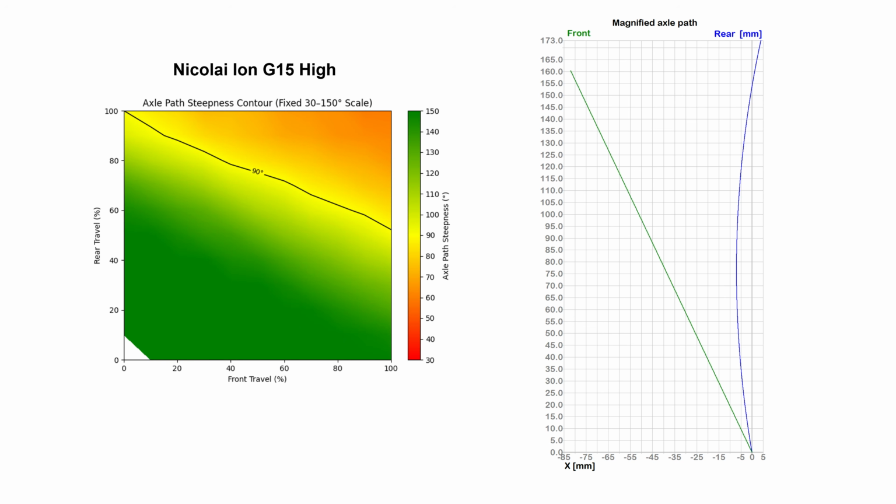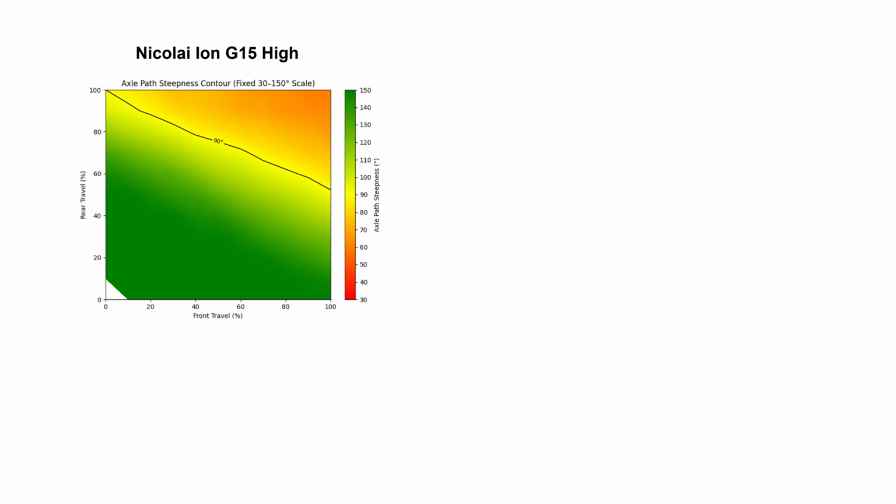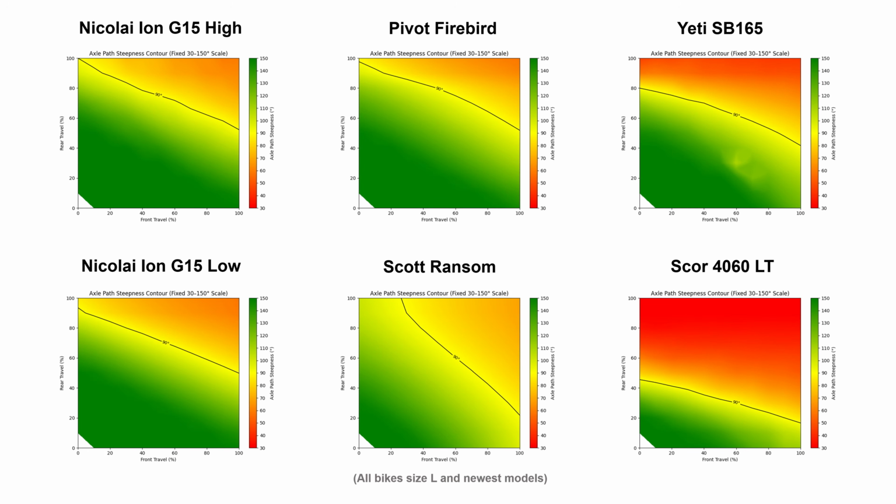The steepness tells us how the suspension will react to impact, and how well it can move with a bump instead of fighting against it. To give these numbers some context, I've added a few more bikes that I've tested and analyzed over the past couple of years. As you can see, there's quite a bit of variation between common linkage layouts, even among seemingly